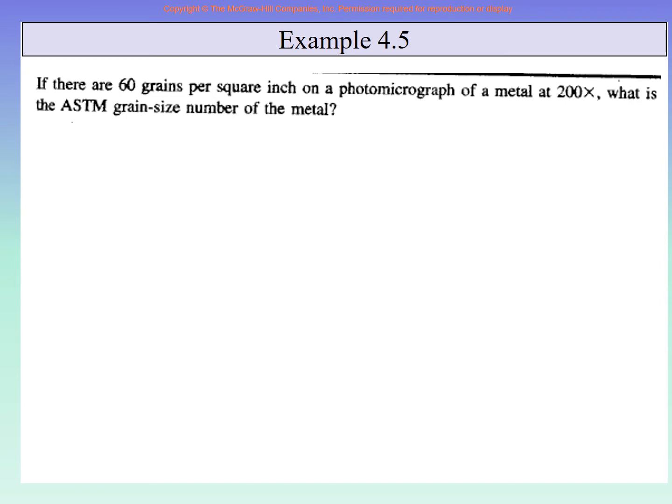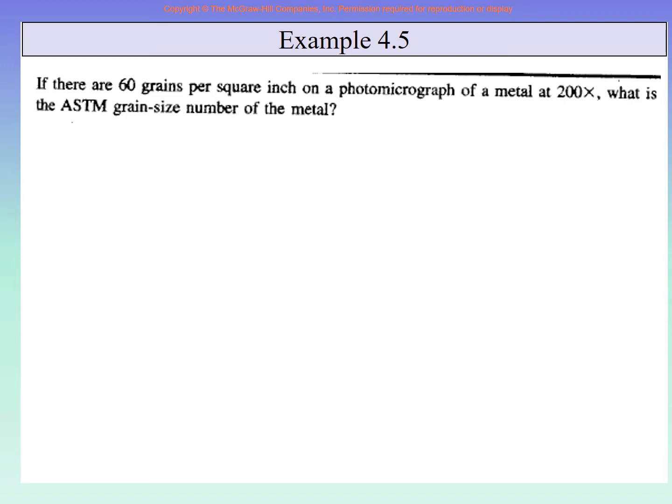First you have to think that if you have gone from 100 magnification to 200 magnification, are you seeing more grains or less grains? Think. You have magnified your normal image 100 times, so you see some number of grains. Now we have magnified it 200 times. So you will see more or less? Yes, you are very right. You will see less number of grains. So this is the first thing: when you see it at 200 magnification compared to 100 magnification, you see less number of grains.